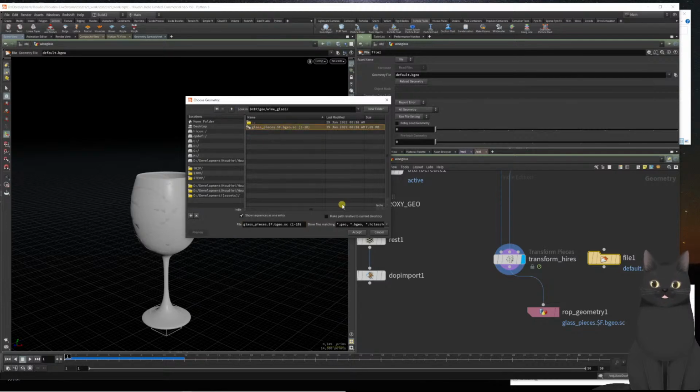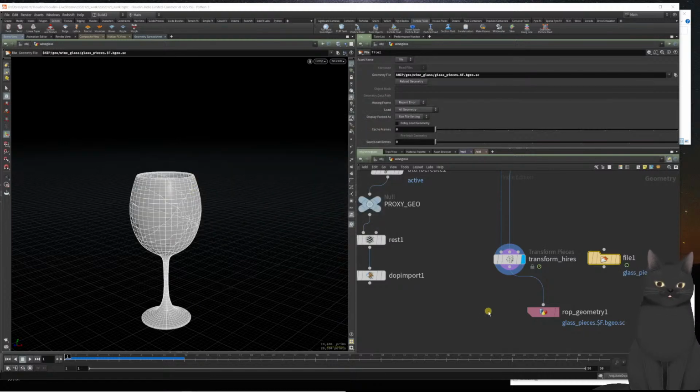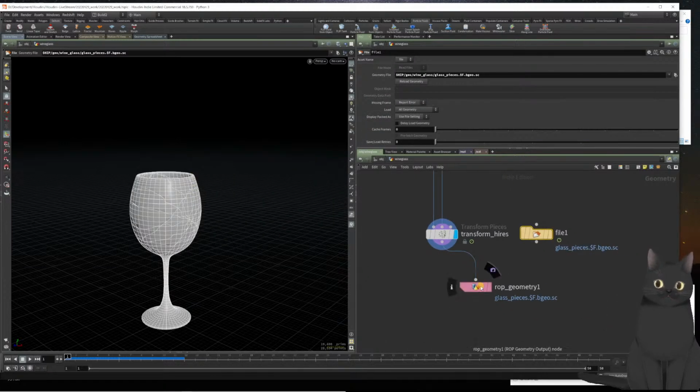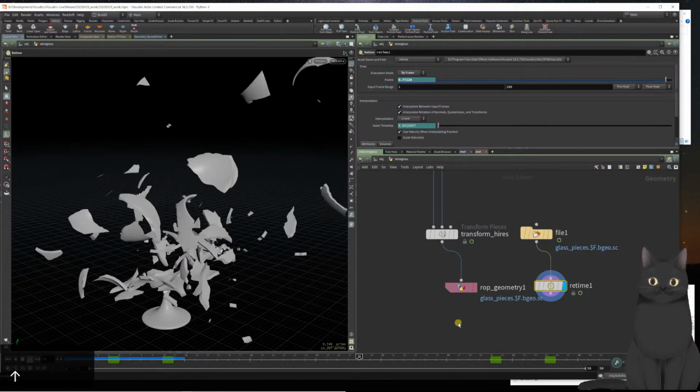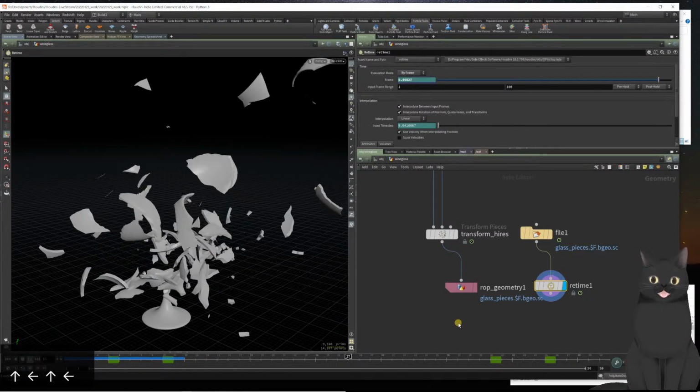So now this is what we want to apply the retime to. So we're going to Control-V, and that retime should wire itself in. If not, place it down and wire it. And now it has exactly the same animation that the fluid did, because it's the same node with the same keyframes attached to it. Then we're going to tab in, and we're going to just